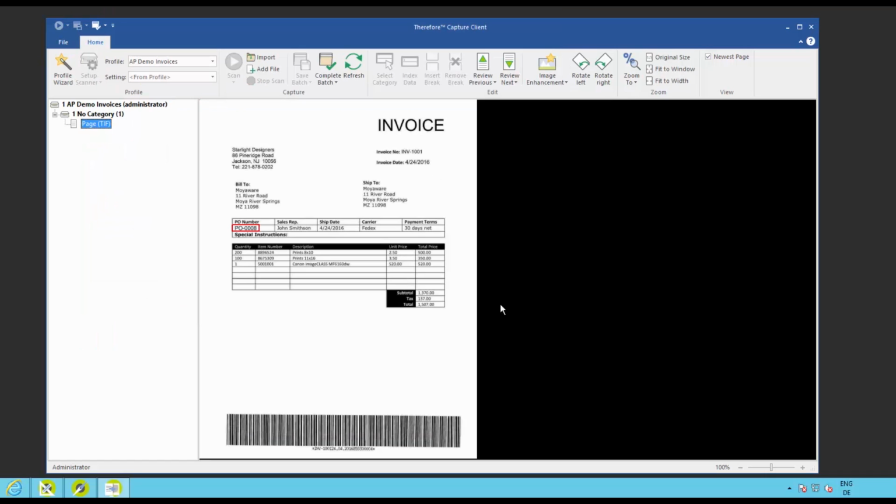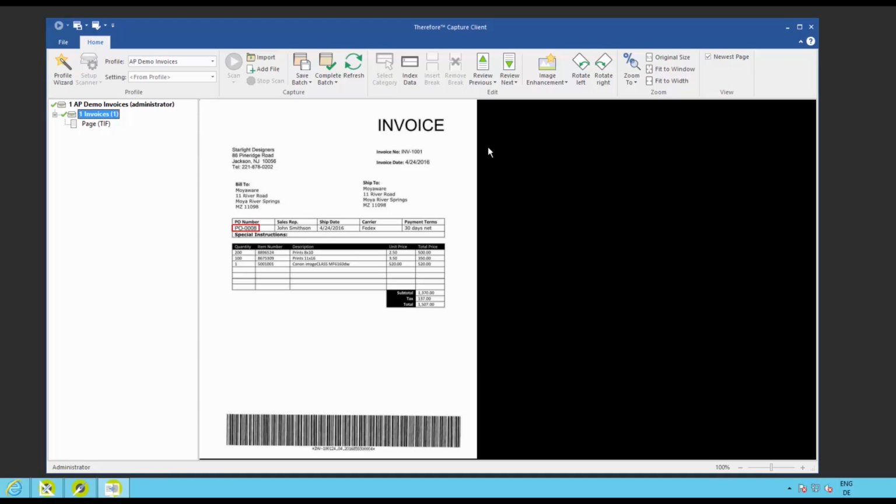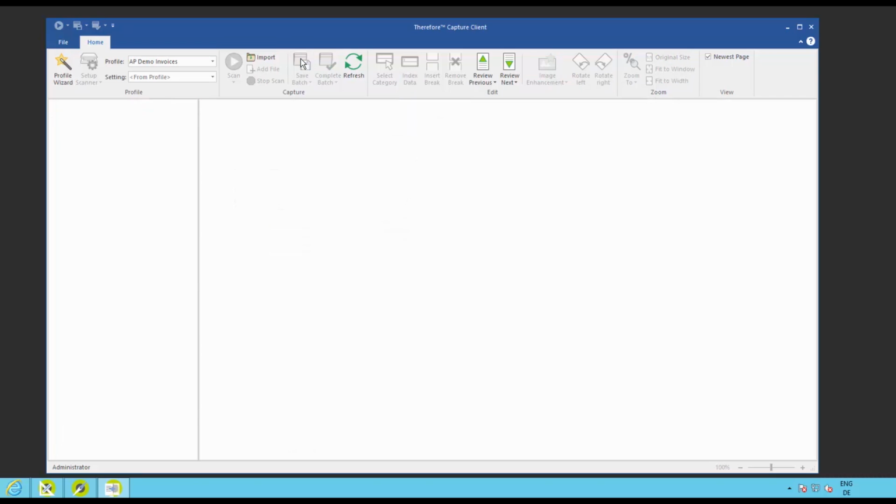I can see it has a barcode, which we can read data from, or alternatively, we could have done it with OCR. So this document is automatically indexed, and let me show you that now. You can see that I've gotten all the index data I actually need from the document. All right, so let's save it, and this will have started off a workflow now in the Therefore Navigator. We will take a look at the next step soon, but while we're still in the capture phase, let me